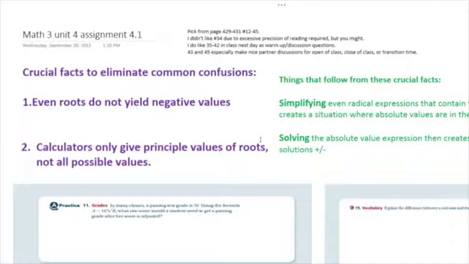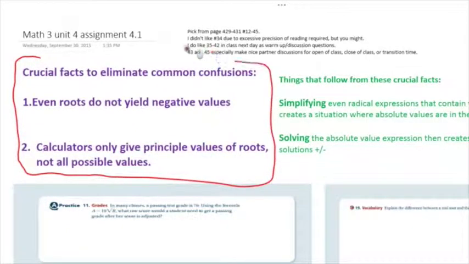Hello, in this video we're going to be talking about Math 3, Unit 4, Assignment 1.4 through 1.3. Although much of this section is very familiar to a traditional Algebra 2 class, there are some sticking points that are hard to explain to students and hard to even understand occasionally what the book is thinking with their answers. So the crucial facts to eliminate a lot of the confusion, if you come back to these ideas, especially